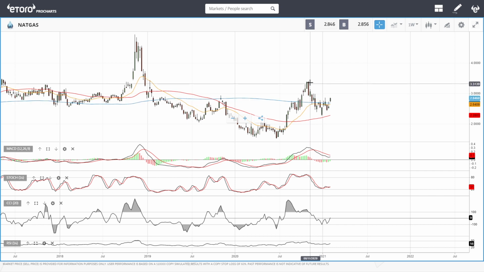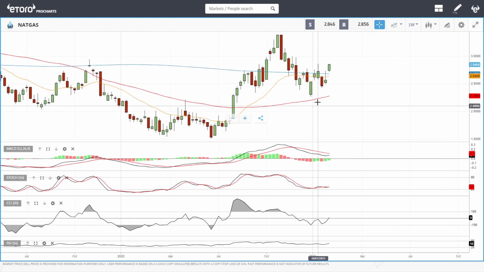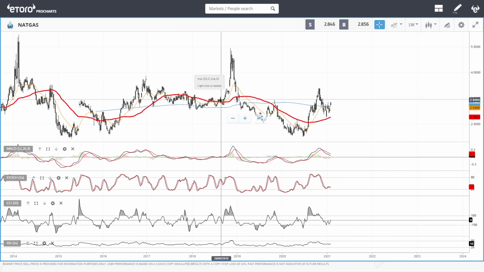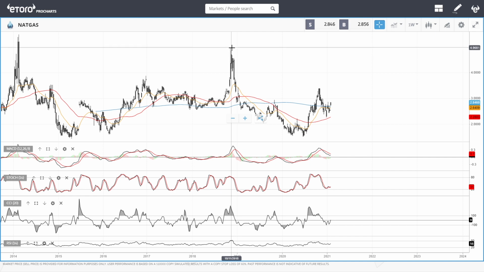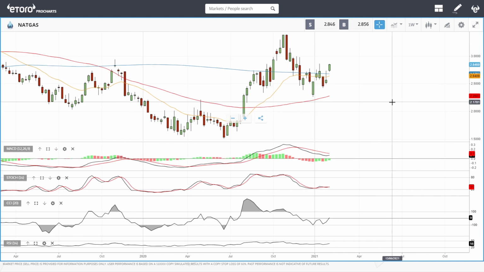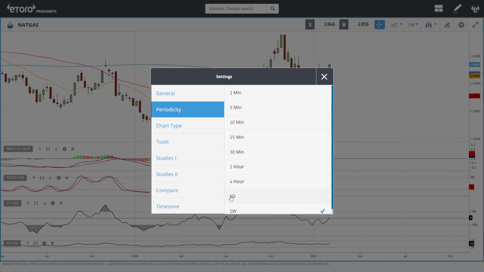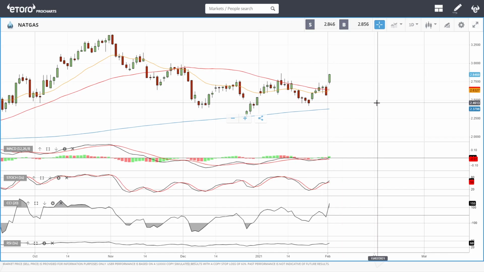It started to gradually decline towards the 50 moving average, and now it has rallied. But if this continues for a long time, we could actually see a spike similar to this one. So pay attention to the news. It really helps to determine where we're technically going. Also, it doesn't really help that Biden basically said a stop to more discovery of natural gas and oil in the United States.